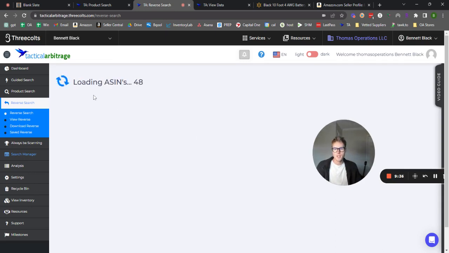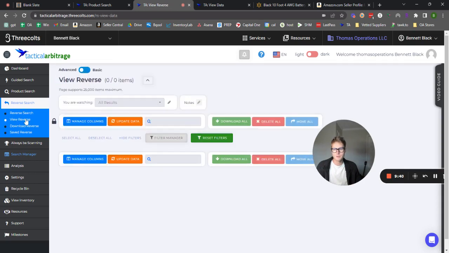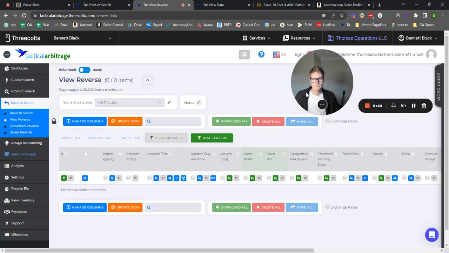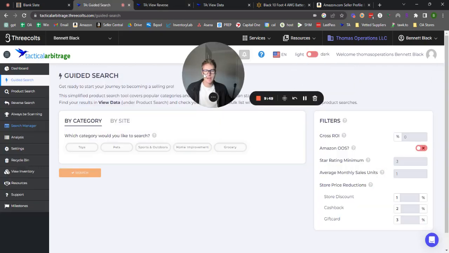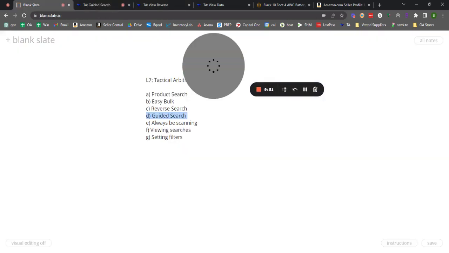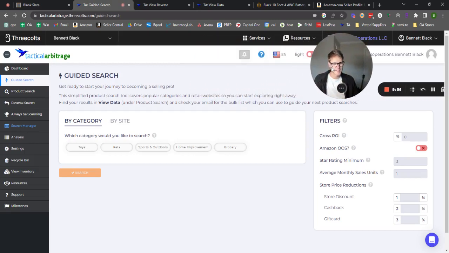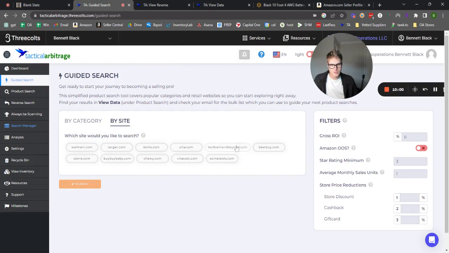Once this search has completed, we can view it in View Reverse. And once the search is done, we'll see all the items populate here. What I have for you is the guided search, this one down here, and it's going to be basically the most basic search you can perform. It gives you a very step-by-step way to search any